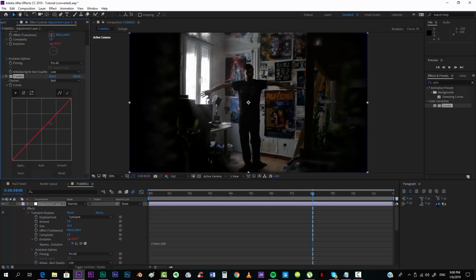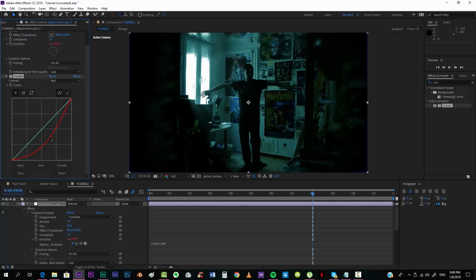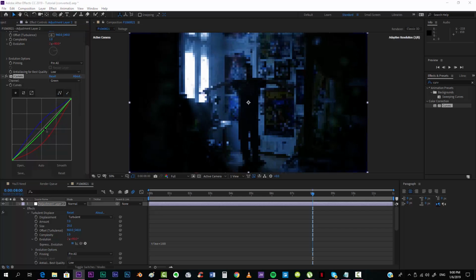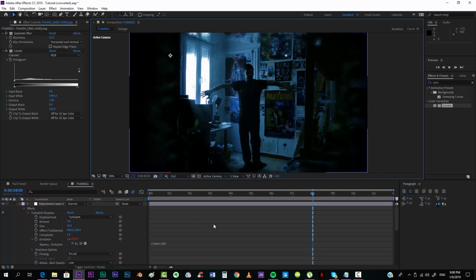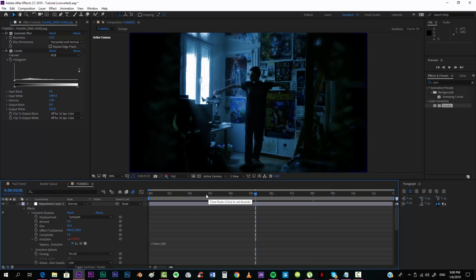to first of all take the red curve and take it all the way down, and we already have here a cool effect, and also the green just a little bit. Take the blue up. Actually, I'm gonna take the green, put it a little bit more up. This is up to you also, how you want it to be, and I think this is all right, more or less. And now you can add maybe a glow or something like that to make it